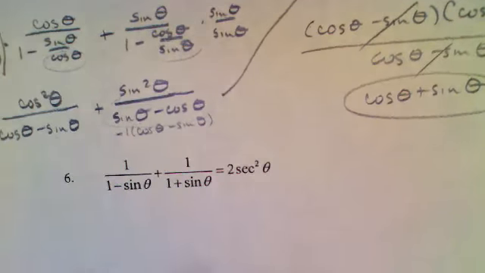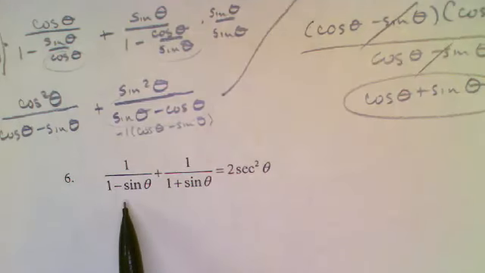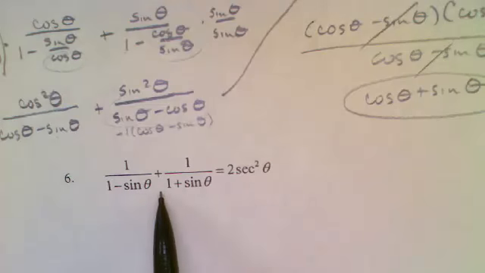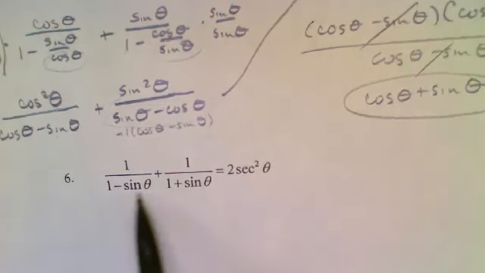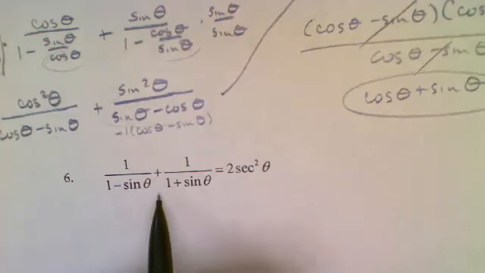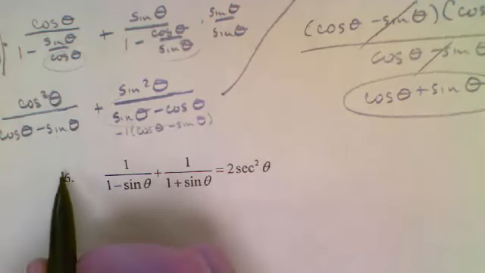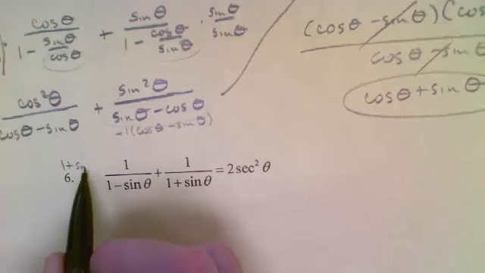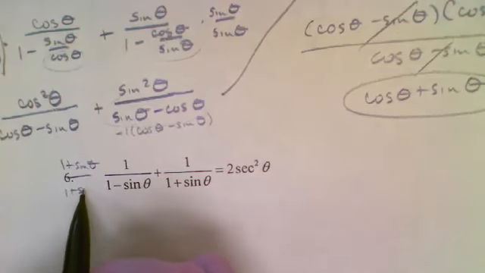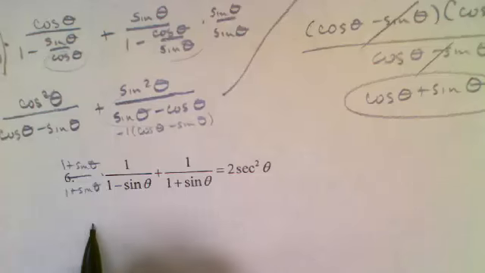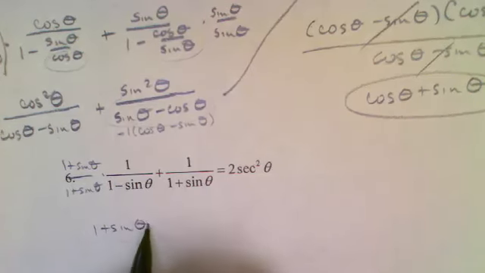All right. Second one, again, I see these fractions. They're in terms of sine, so I can't simplify them any further. So what I would do at this point, right away, is get a common denominator. I would have to multiply by 1 plus sine over 1 plus sine to get 1 plus sine theta over,